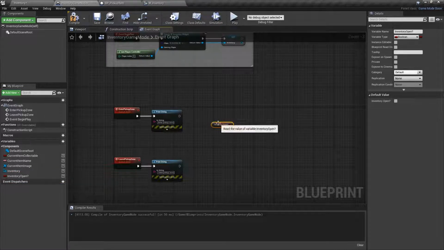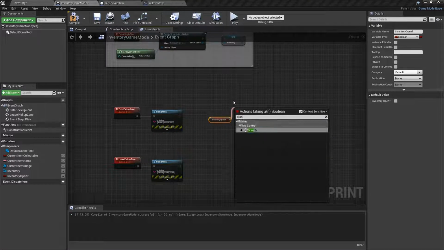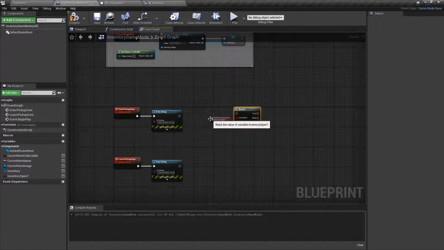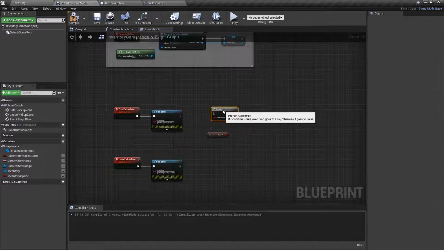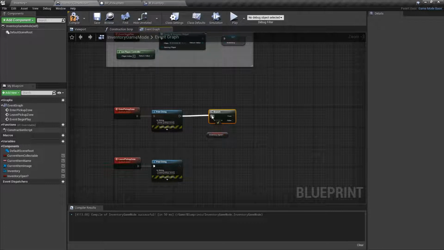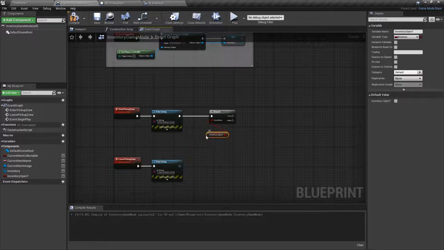Get the inventory open. At the moment the default is no. And then from that we want to branch depending upon whether it's open or closed. So default is no. We know that it's not open the first time we run it. Branch. So as soon as we enter the pickup zone, we check whether the inventory is open. If it's not open,